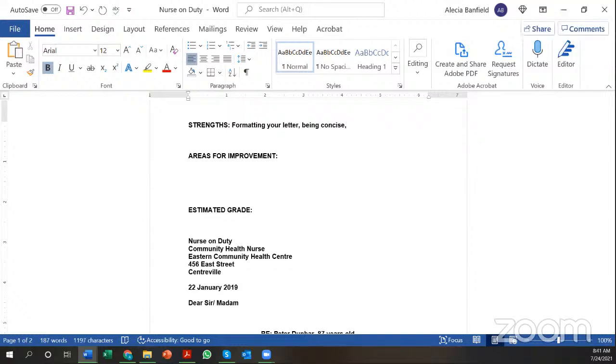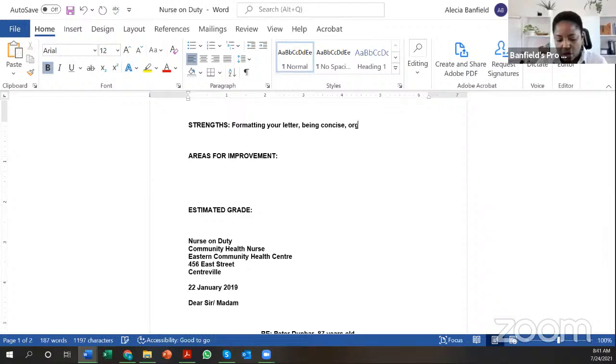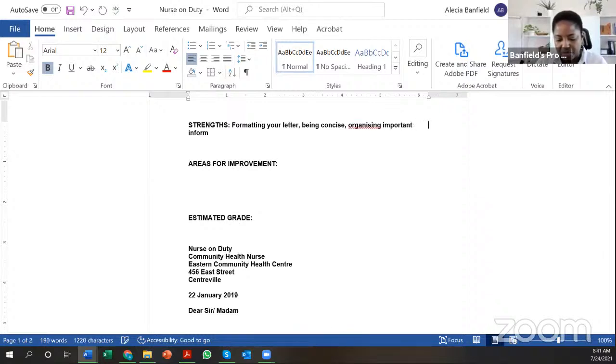And you are good at organizing the important information logically, both between the paragraphs and within the paragraphs. So what I mean by that is that you, oops, my spelling is off,